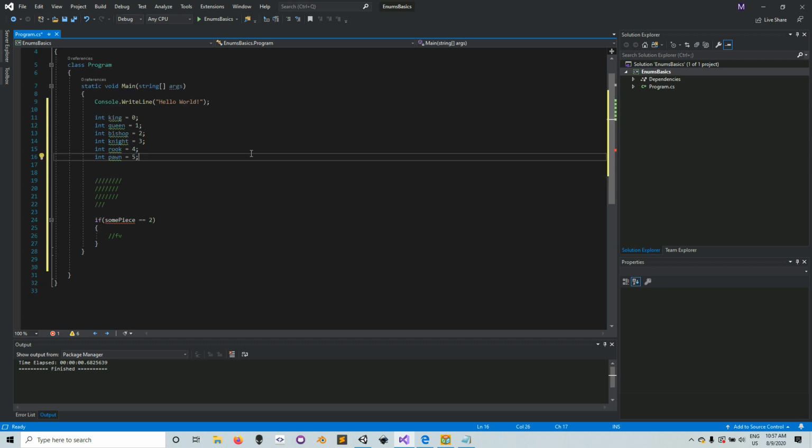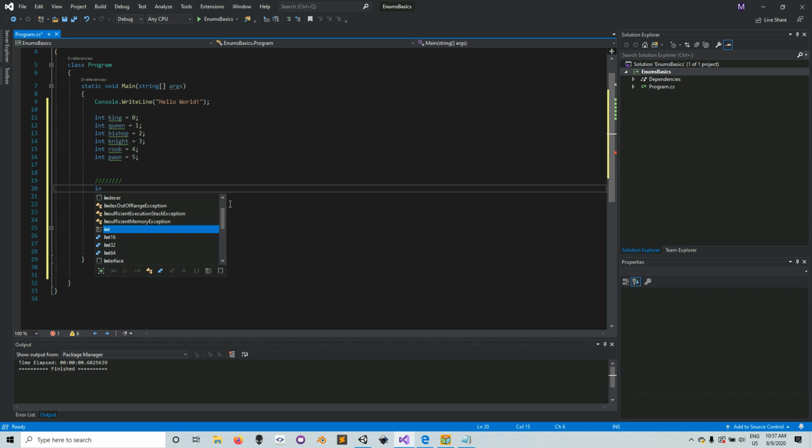By doing this at the beginning of my program, at some point in my implementation I create this piece, int some piece equals